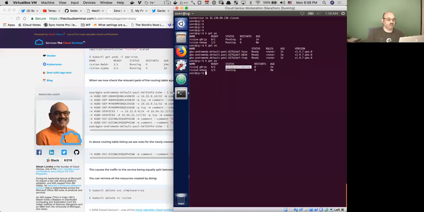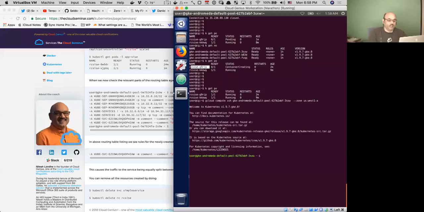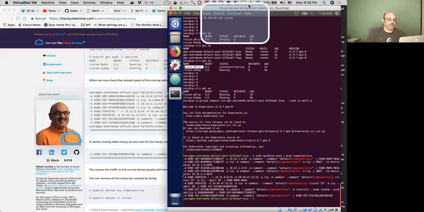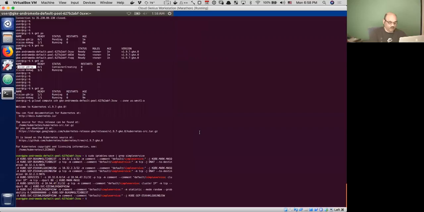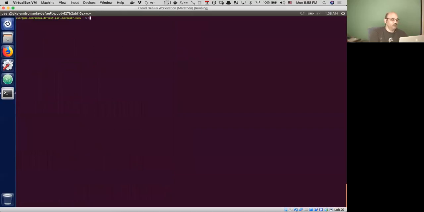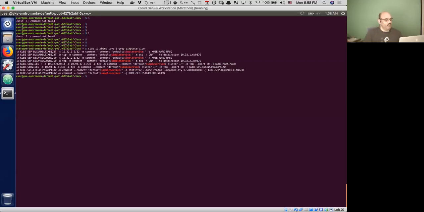And as a consequence, this container will start soon, which means it should be started by now, which means we should be able to go inside the cluster and then check the iptables. And there we see it. What do we see? Let's go check one more time. One more time. Show me the iptables, please. There we go. And here you see that it is sending you 50%